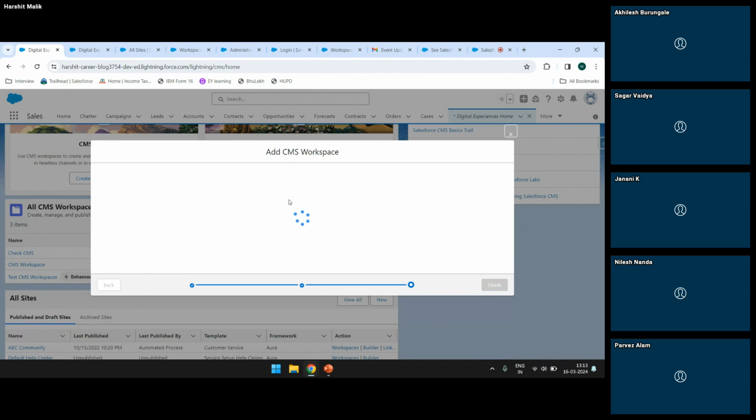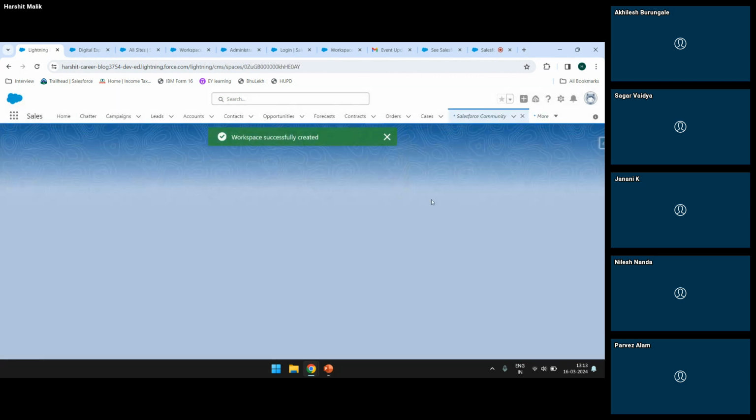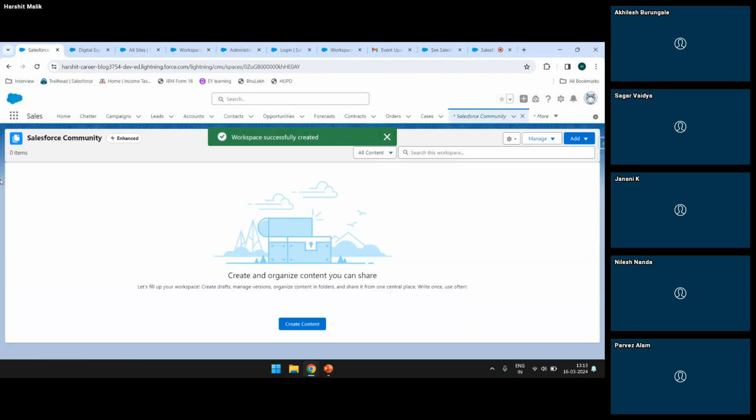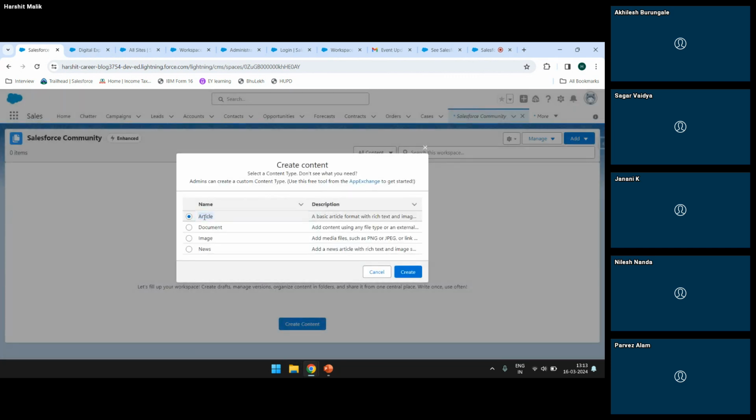This will create your CMS workspace, and under this you can create your different content types. If you can see, you can create your collection folder. A folder is nothing but a kind of data. You can just create a folder like this, and then set your content. Go to content. This article is coming from your